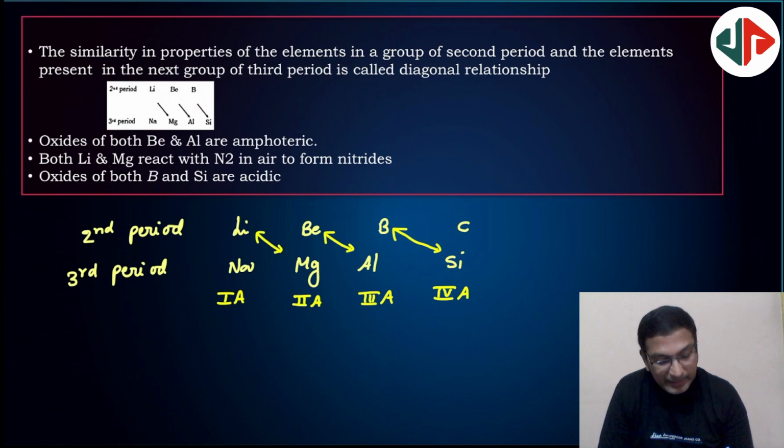So first A lithium element is diagonally related to second A magnesium, which is placed in next higher group. So diagonal relationship is